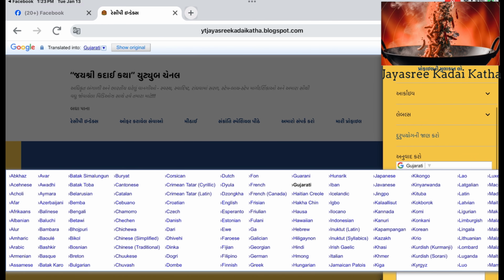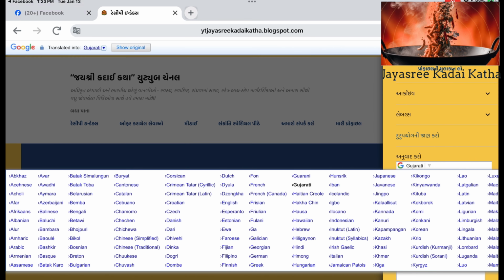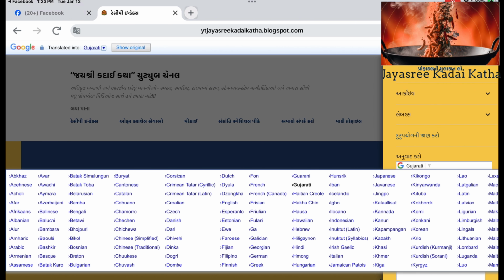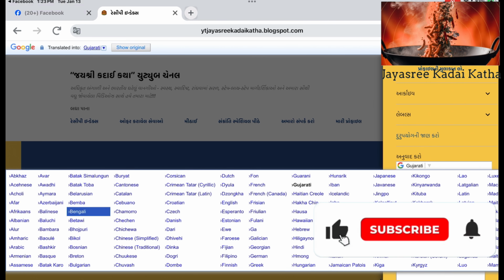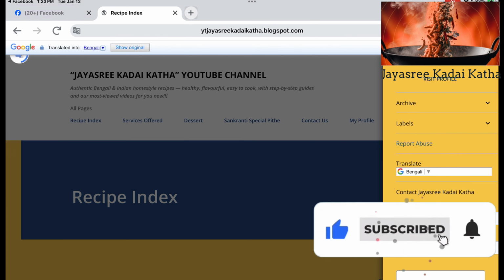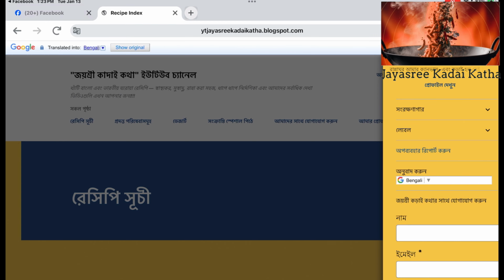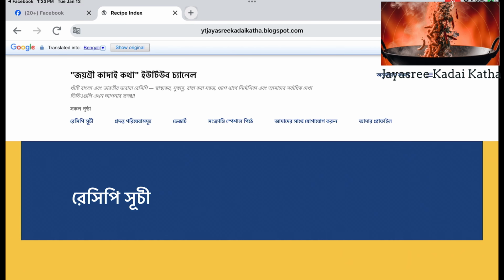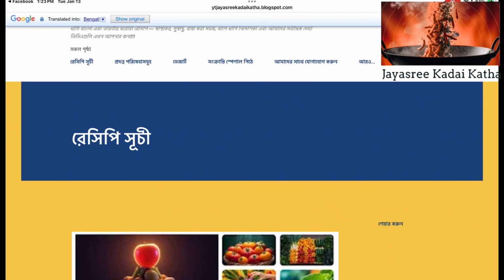The website from Telugu, Tamil. I am putting now Bengali. All the alphabets and everything will change to Bengali. See, recipe Suchi. It is showing recipe index as recipe Suchi, and you can see all the recipes have been converted